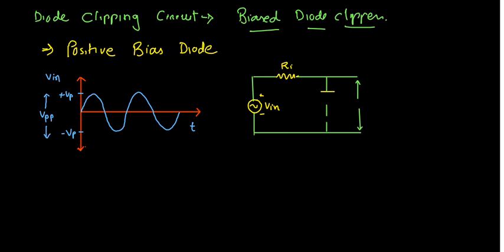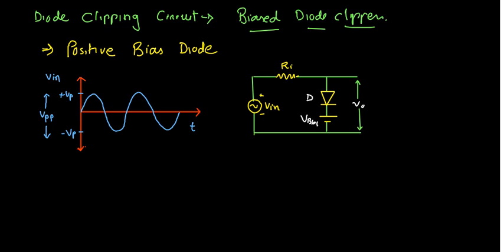This diode direction is very much important when you are working on the output waveform for the clipping circuit. You see, diode from this side is anode and this side is cathode. Now I'm just going to provide the bias supply. So this one is a bias supply. You see, this diode, it is given only D, so we consider it as an ideal diode. This resistance available over here, we need to find V output, and this one is the V